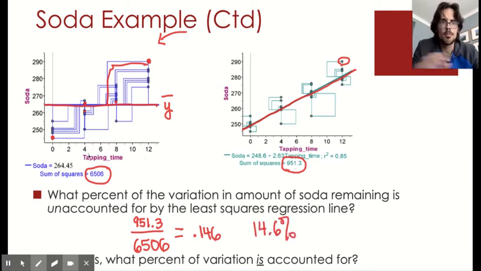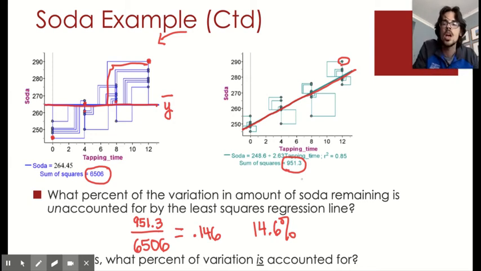Breaking this down again, all of that left picture is like my original error, off by quite a lot. This picture on the right, though, when I use my line of best fit, only has 14% of the bad stuff that it used to. Okay? So there's 14% of the bad stuff that we couldn't fix just by switching to that line of best fit. But then you can look at the flip side of that. If there was 14% of the bad stuff I couldn't fix, that means I must have fixed 86% of the